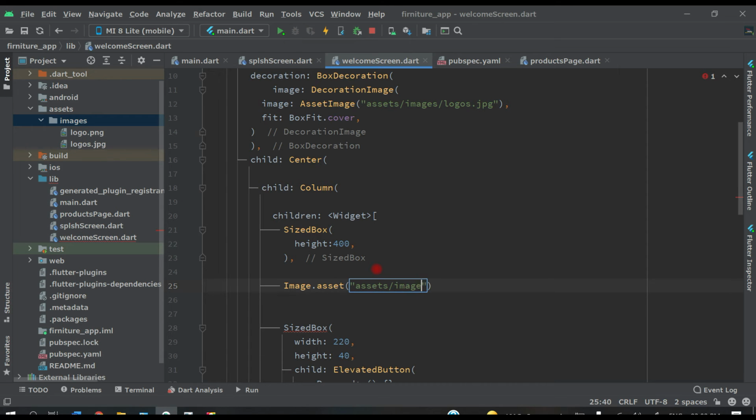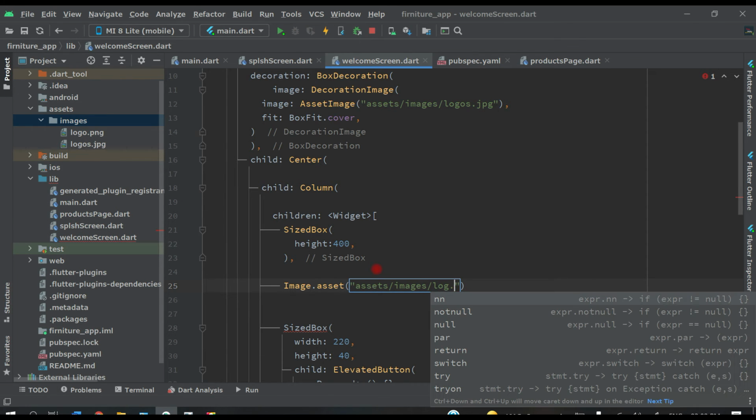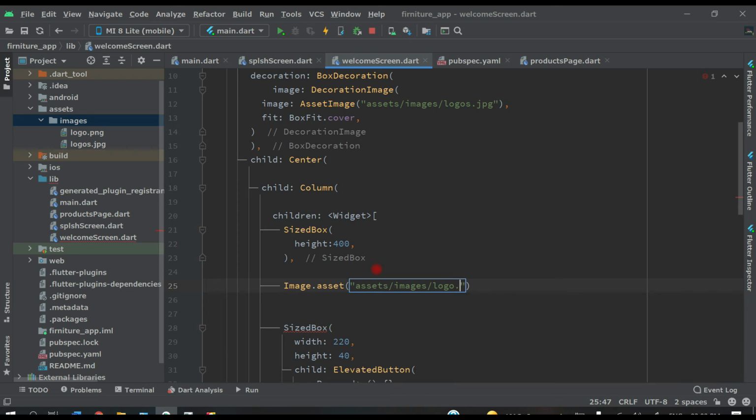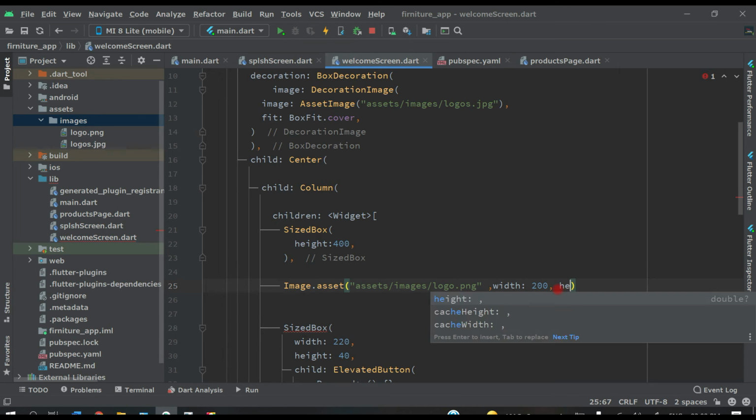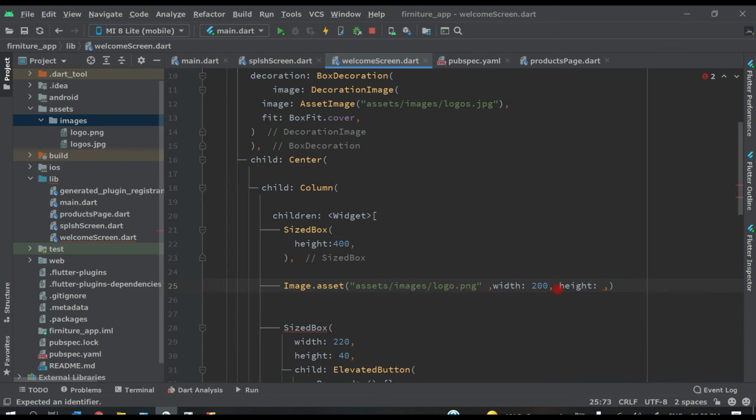Inside this we have images folder and we have logo.png, and let's define the height. Width will be 200 and height will be 200.